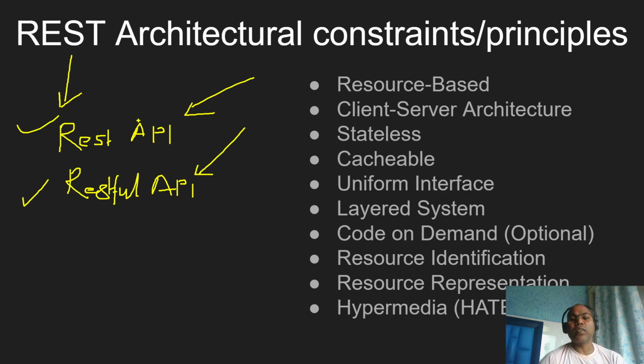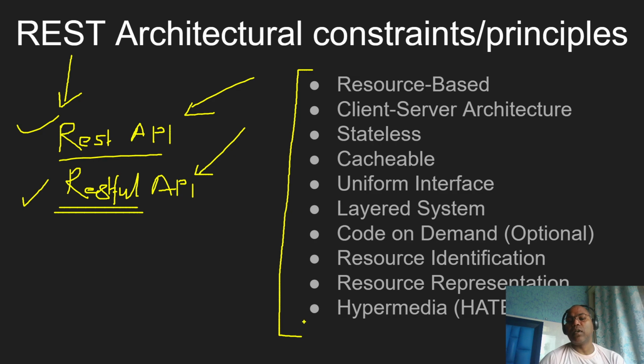So RESTful means it highly follows the REST principles. A REST API may or may not follow all the principles, maybe with some additional rules and regulations. We're going to understand all these REST API constraints. If we are able to know them, and while knowing them, if we follow all these principles,